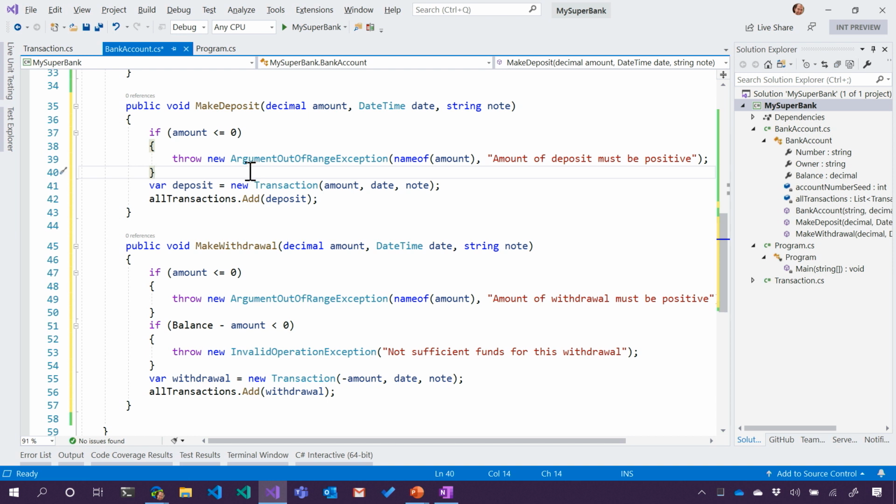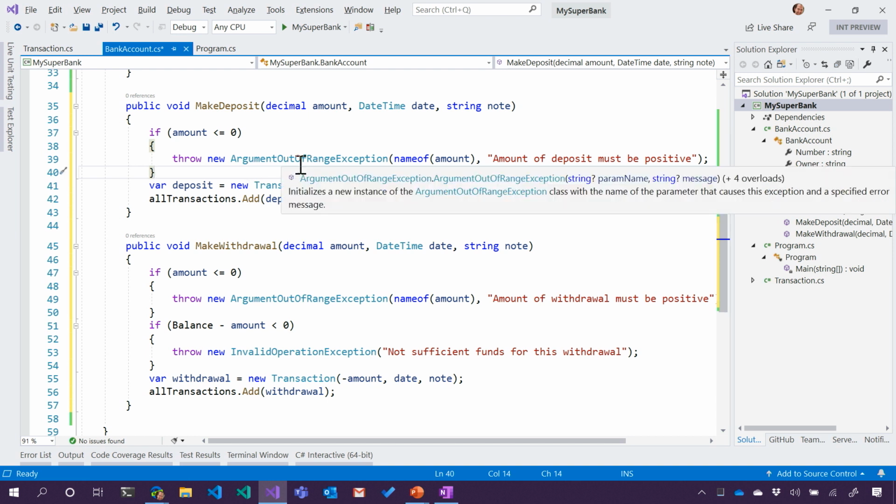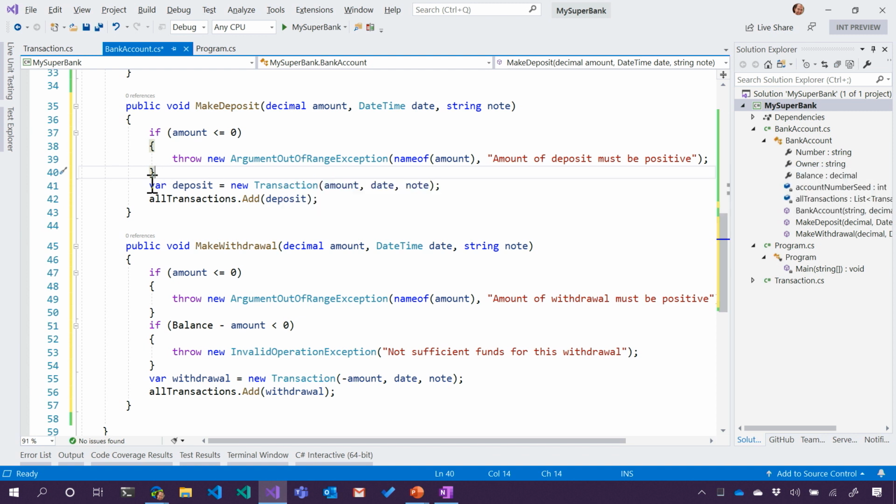And an exception is a big deal, right? It's exceptional. It stops the program. Right, if you don't catch it and look at it. You know, if I tried to go to a real bank, and actually this is a good question for you. As an object-oriented programmer, I go and try to model reality. If I were to cash a check for negative dollars or deposit a check for negative dollars, wouldn't that kick off some kind of business process at the bank where they would be like, probably,